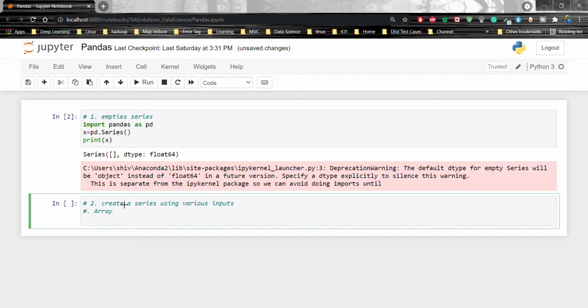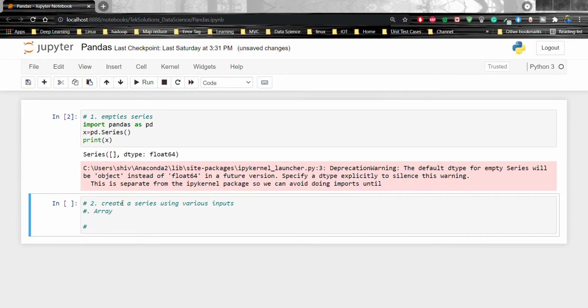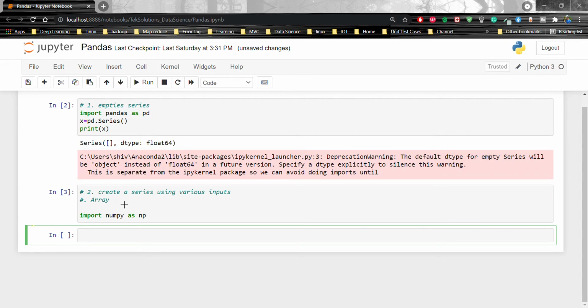Before creating it, we have to import numpy also. Import numpy as np, shift enter.